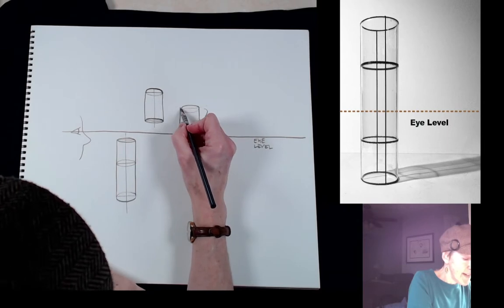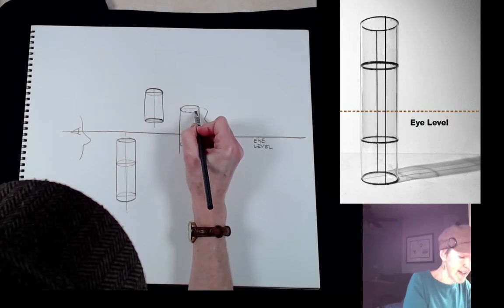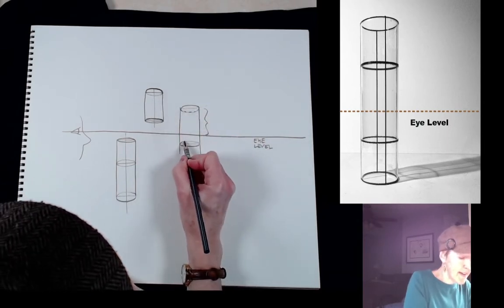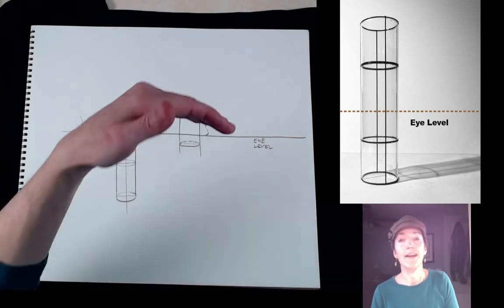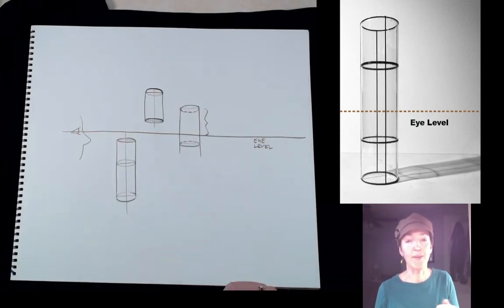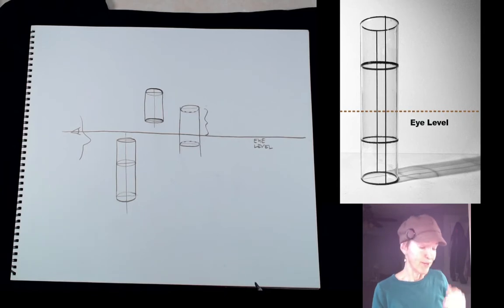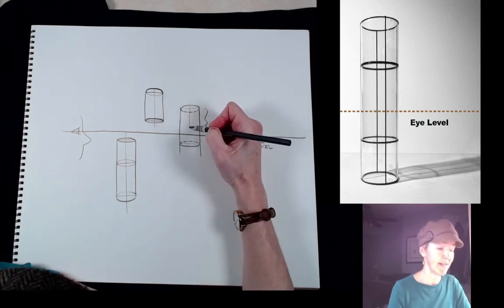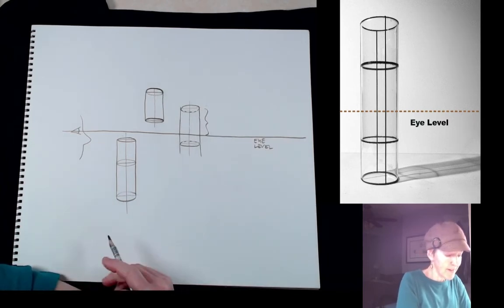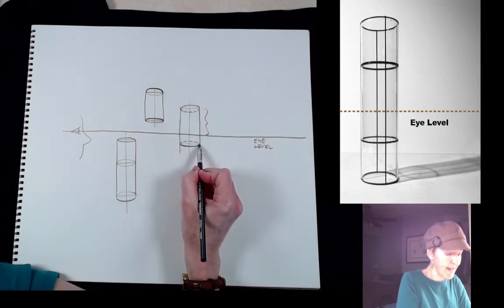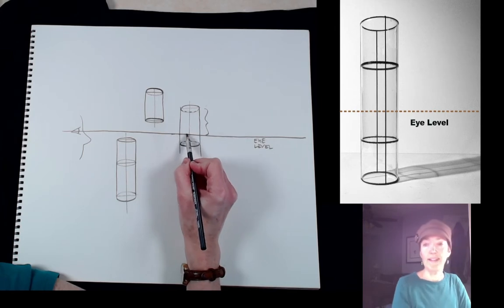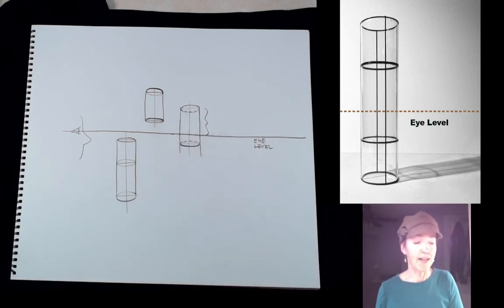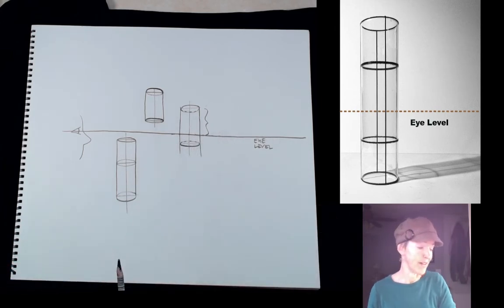If it's easier, I suggest maybe using a dotted line on the parts of the ellipses that are on the back side of the object and using a solid line on the parts of the ellipses that are closer to us so that there's no question about which way we're looking at the object. So this is an object that's on eye level, and again, you would have to draw in a dotted line for me representing where eye level is if you want full credit on this project.